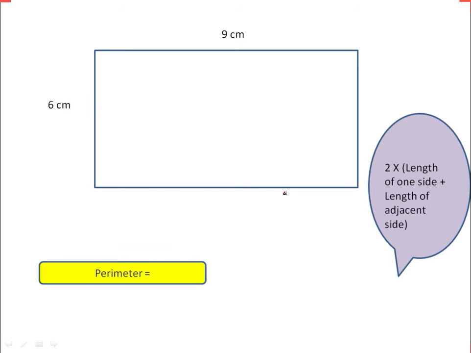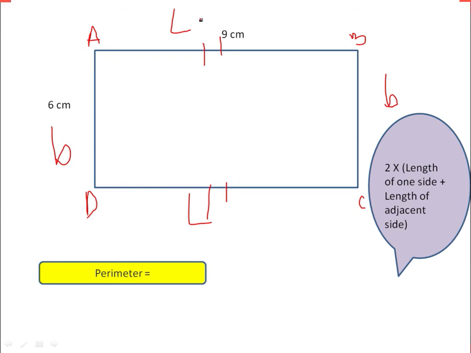Now dear students, there is another way through which we can count the perimeter. Now here you can see, we will first name this rectangle. This is A, B, this is C, and this is D. Now dear students, you can see over here, this is length, this is also length, this is breadth, this is also breadth. Now you know, when there is a rectangle, two opposite sides are equal in length.